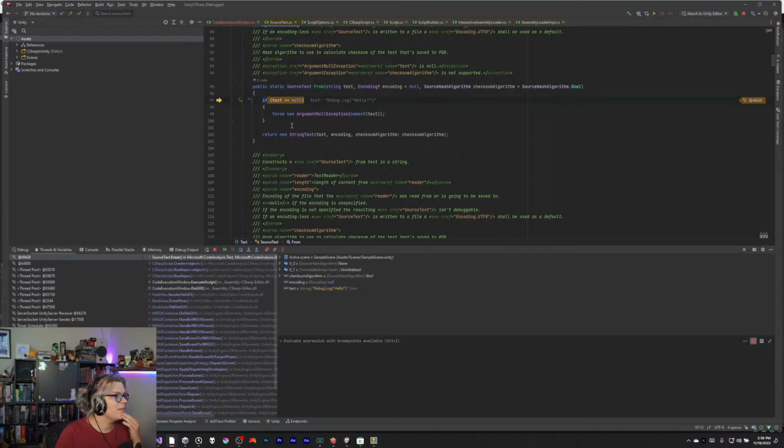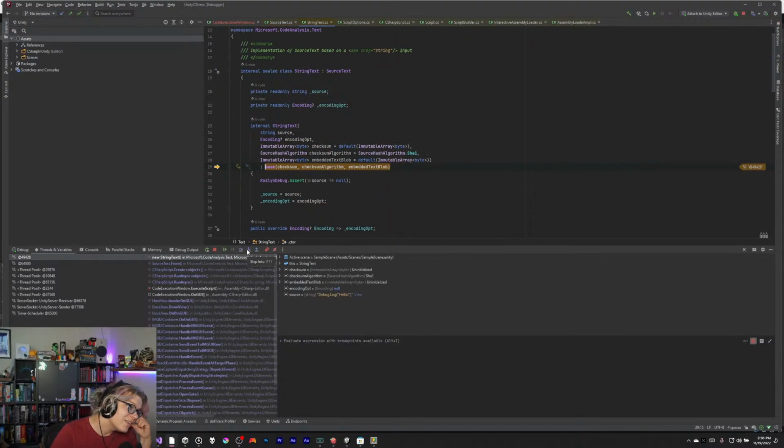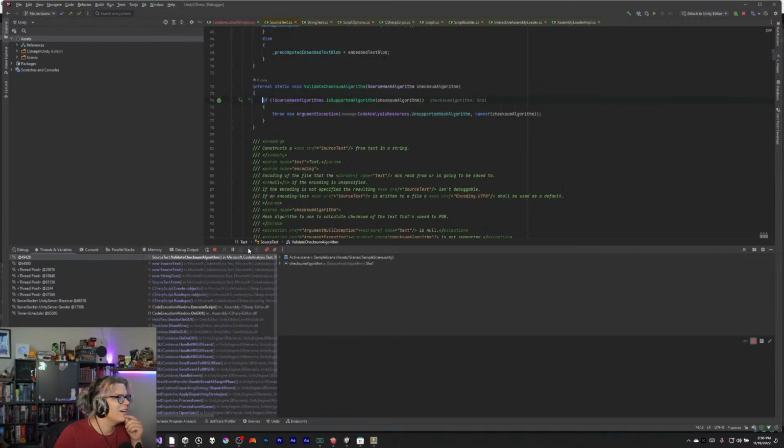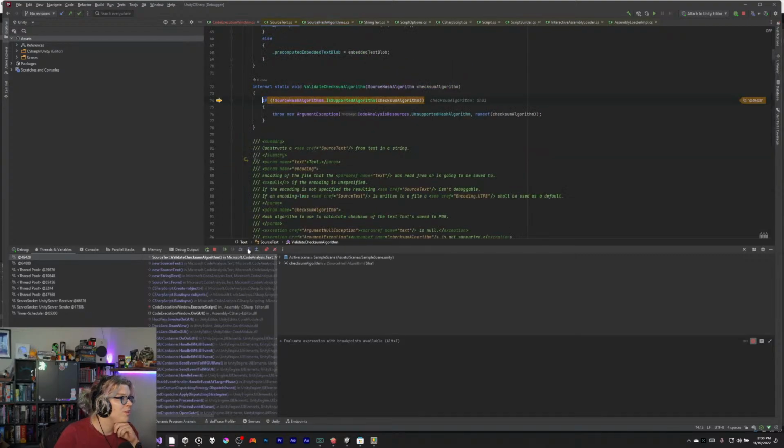But this is probably going to be a, wait. Oh, got it. Okay, that's what's happening. It's validating that this is actually a thing, and then doing a whole bunch of other stuff. I don't really want to step through all of this. This sounds like a lot. And none of this is in our stack trace. So